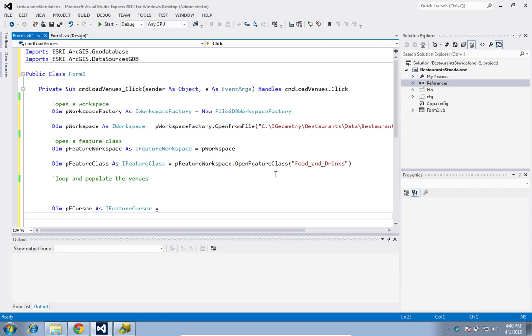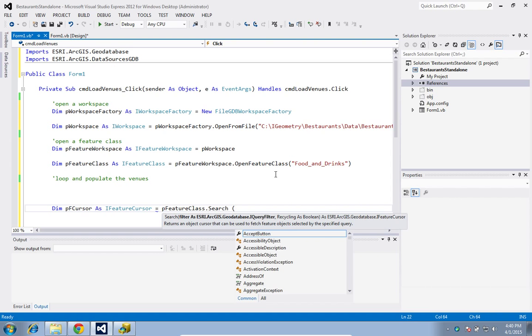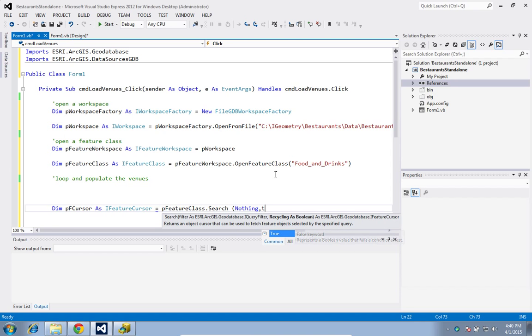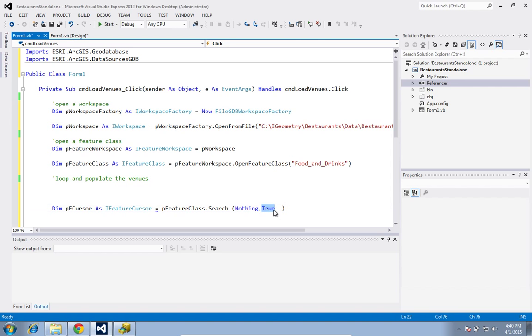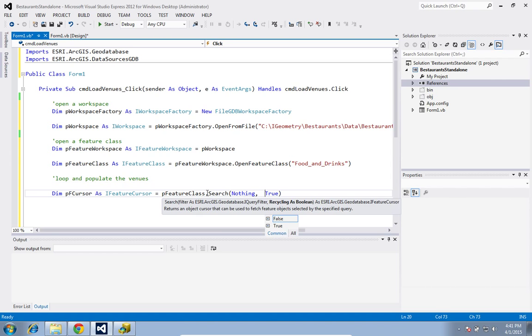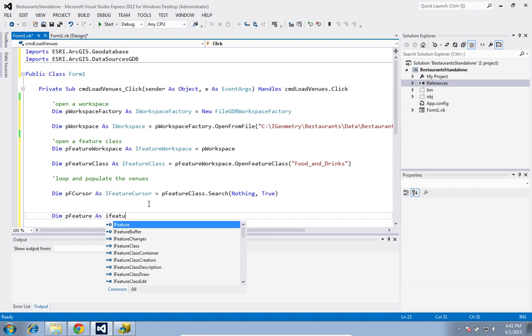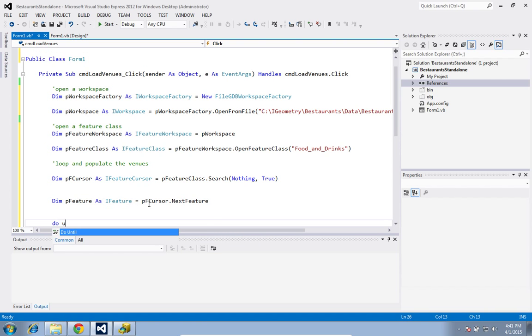So p feature class dot search and true. Yeah, true will do. Again, guys, go to the recycling episode. I explain in thorough details what this is, right? I really don't need to store any features here, so true will work magically. It's very fast. So p feature as I feature is equal p cursor dot next feature, do until p feature